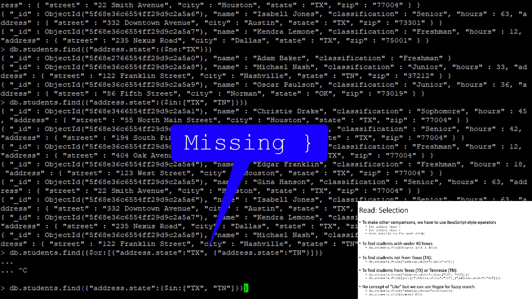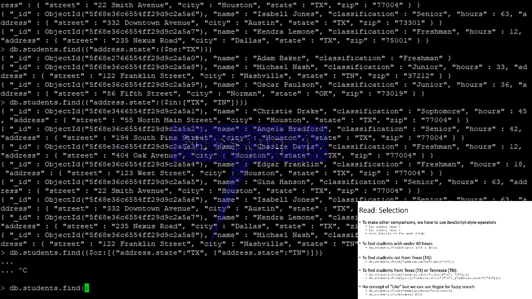And let's see, I messed that up somewhere. Let's try again. We're going to create an object that we are querying here. It's going to start with our OR operator, and we're creating an array of objects that we're looking for a true evaluation of. So the first one of those is going to be